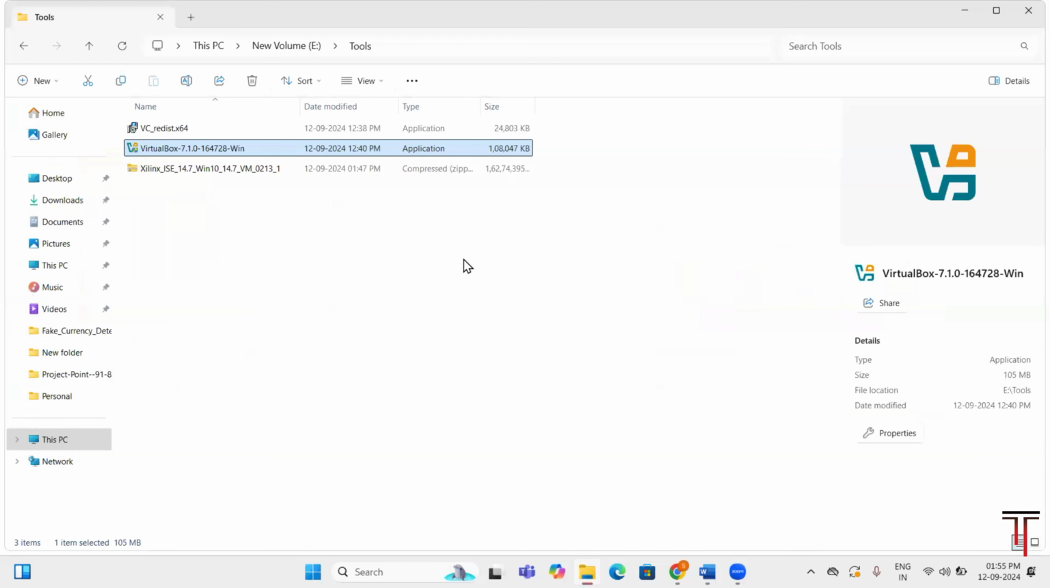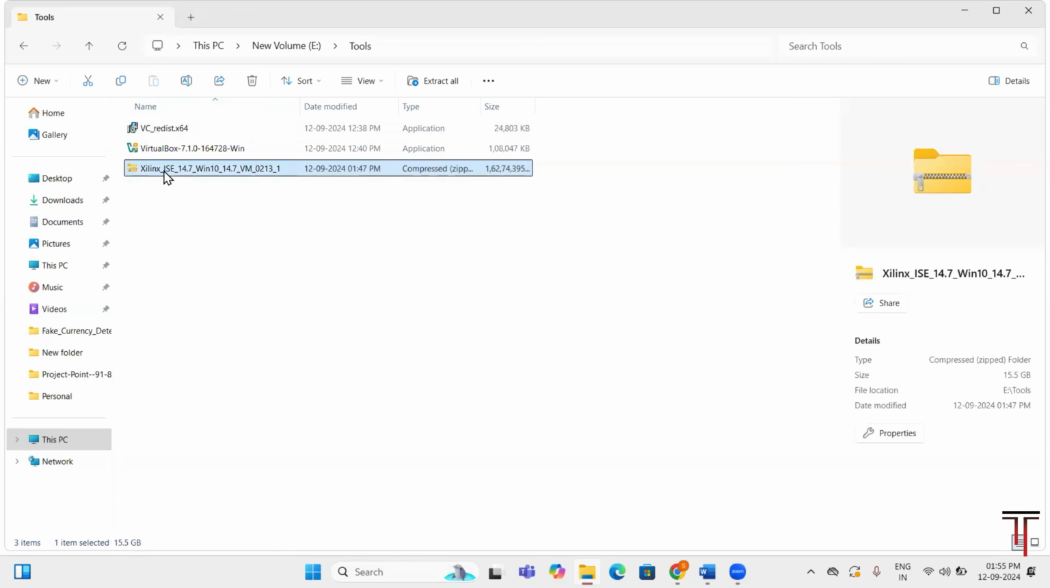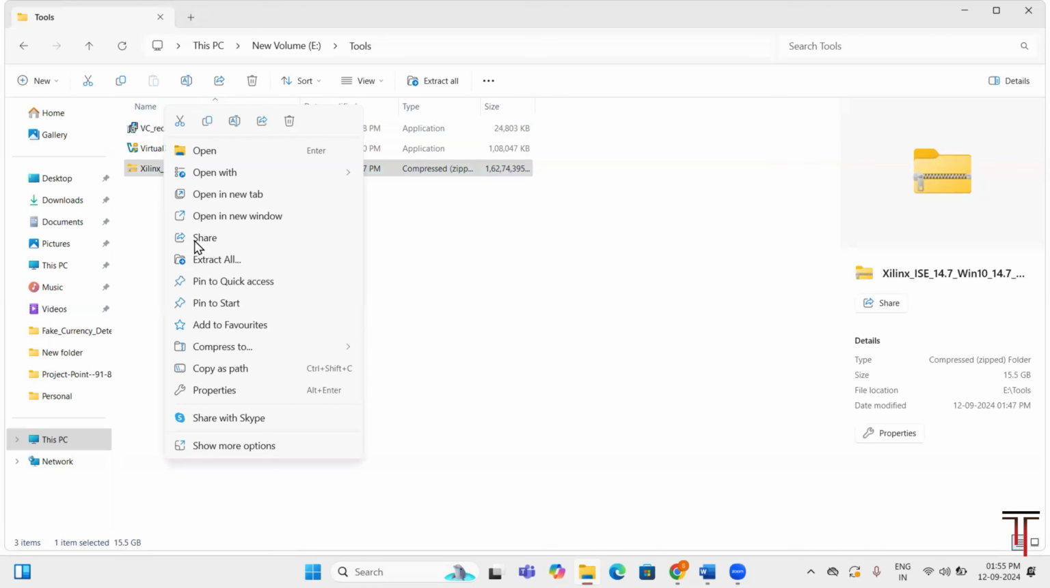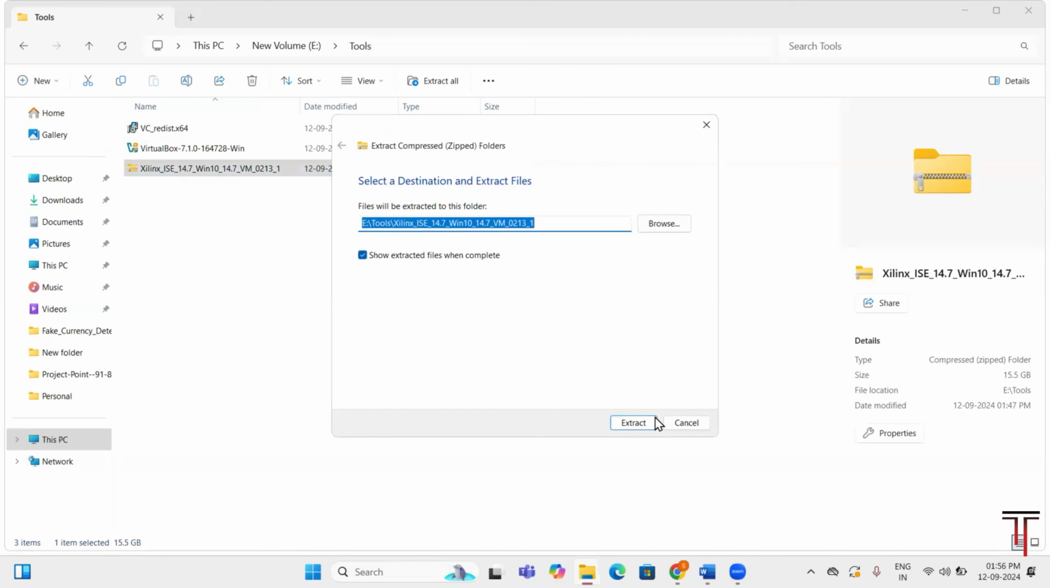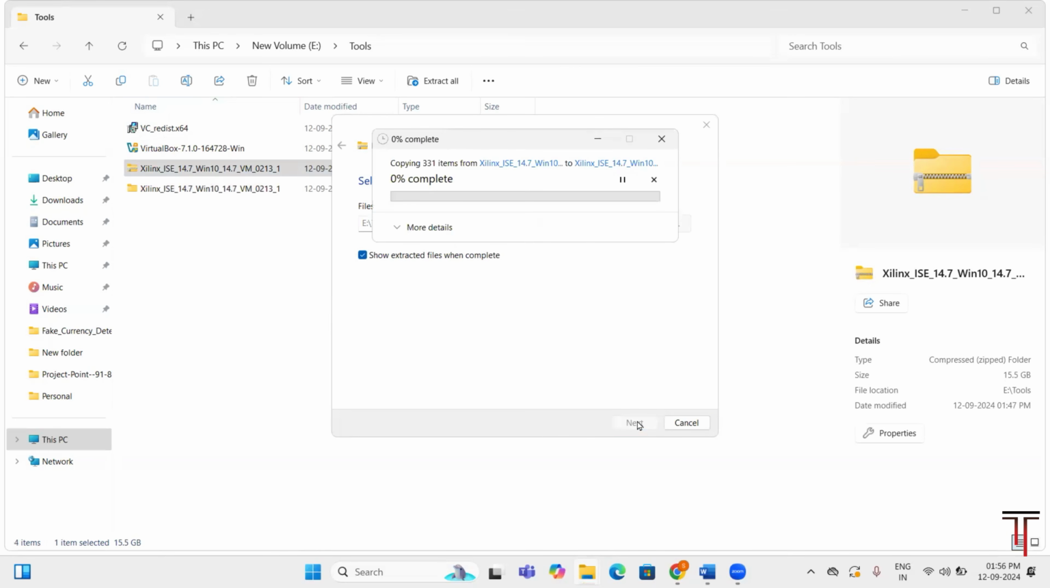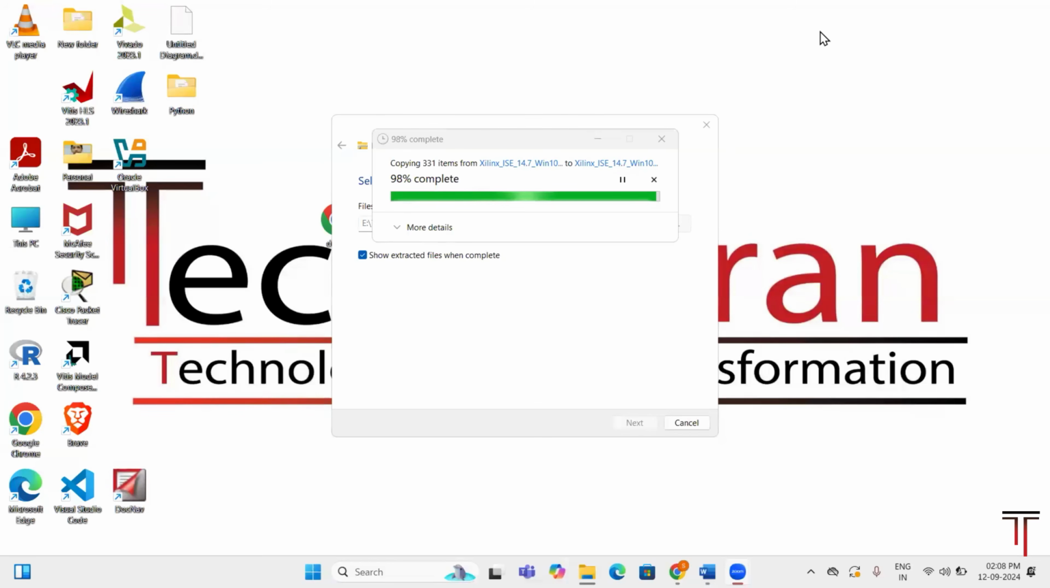So after installing the Oracle VirtualBox, now it's time to install the Xilinx ISE design suite. To do that, just extract this RAR file. And select the path where you want to extract the files. So once you have extracted all files from the ISE design suite,